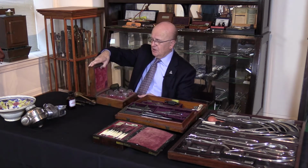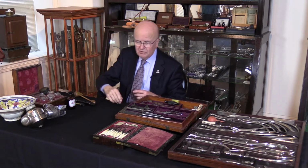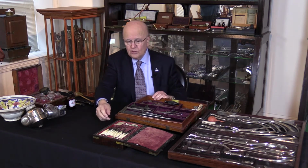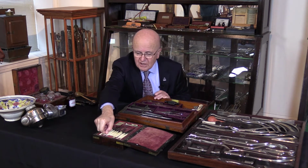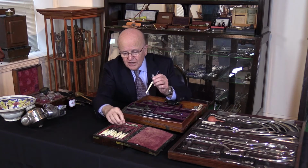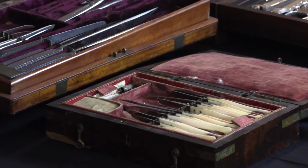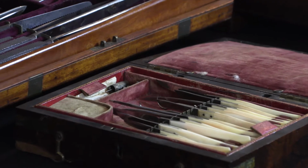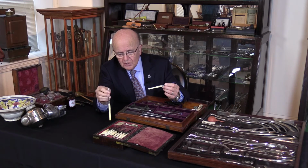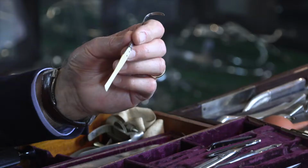Surgery underwent tremendous progress. This is an old surgical set, and the reason we know that it's very old is all the handles are made of ivory. I think they stopped the ivory around 1890 or something around that date. But it has the hooks, the knives, and everything. It's a complete set, and it has